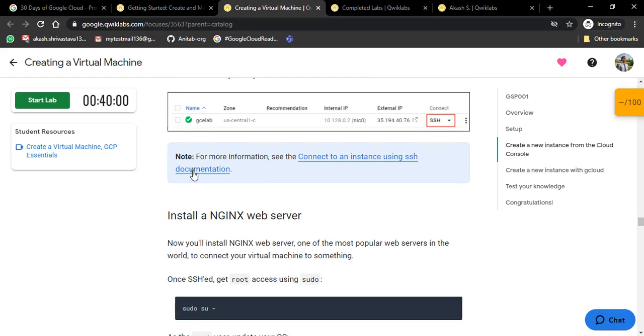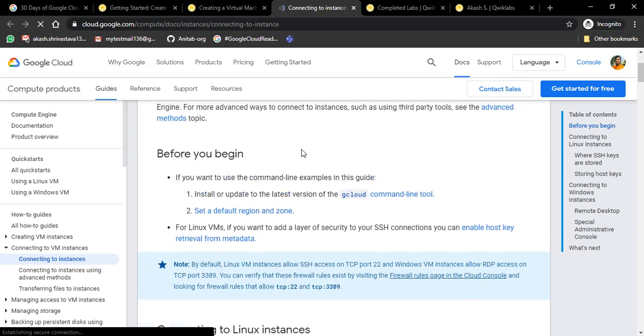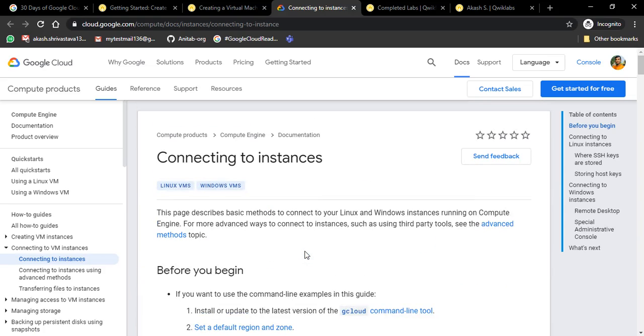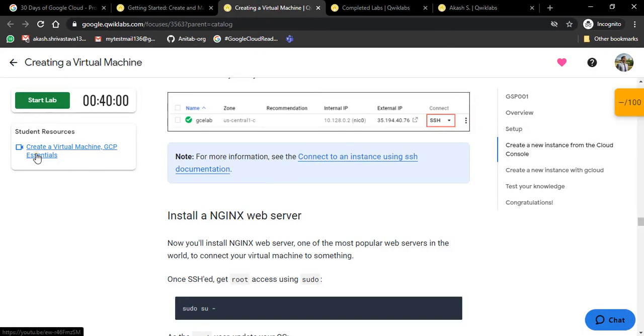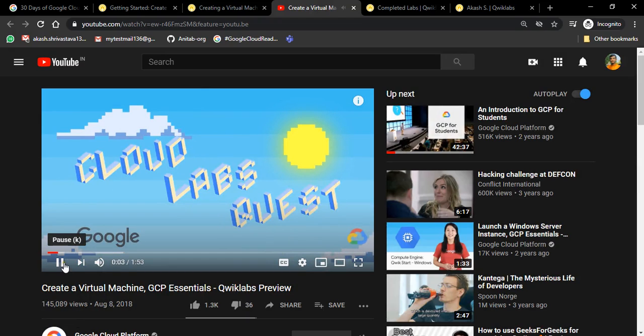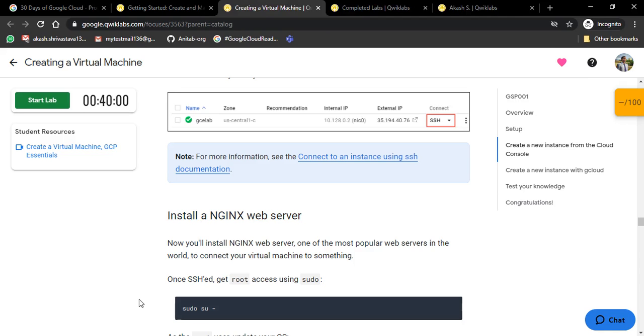They also have excellent documentation where you can go and read more about it in detail. You will get brief information about what the topic actually is, and how you can perform those labs as well. Okay, so skipping that part for now. Also you have a great YouTube video as well, wherein you can check what the lab has to provide. The instructor will tell you what the requirement of this lab is and how you can perform it. Okay,